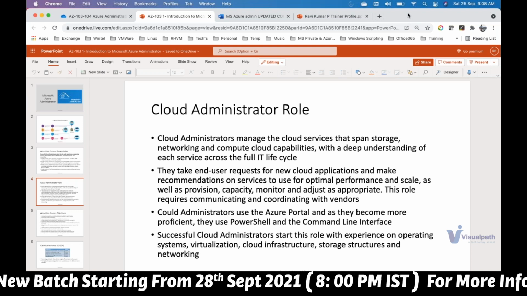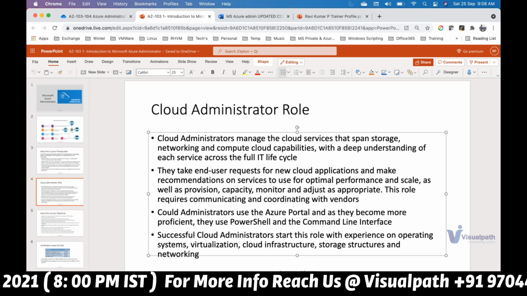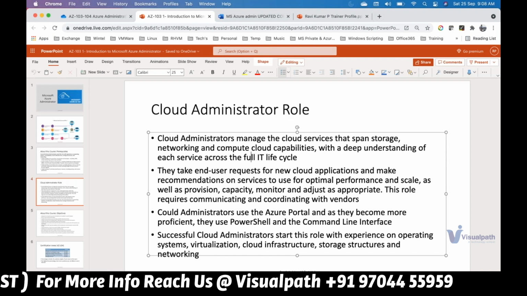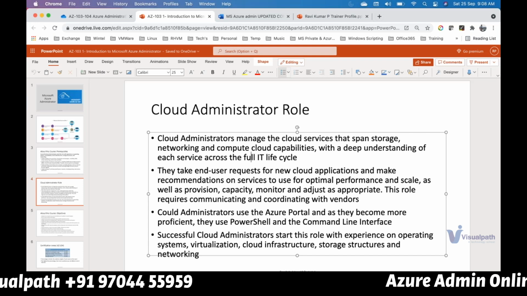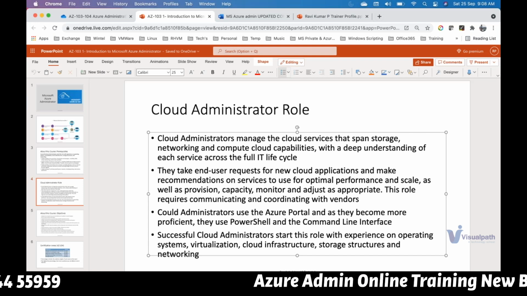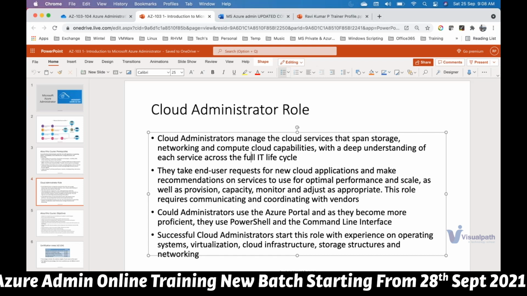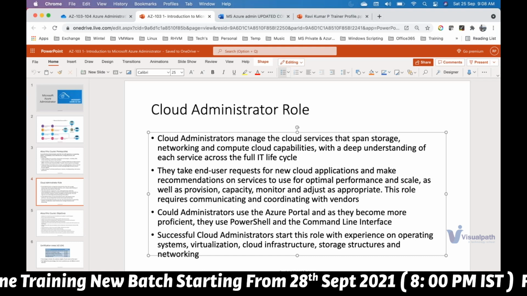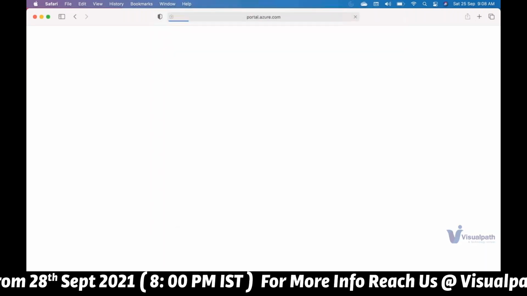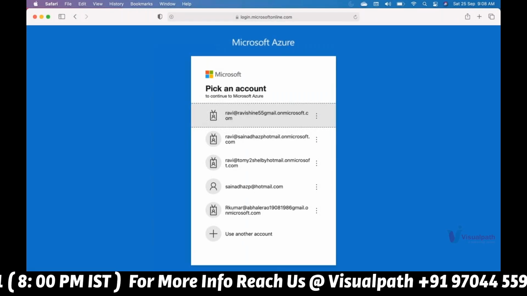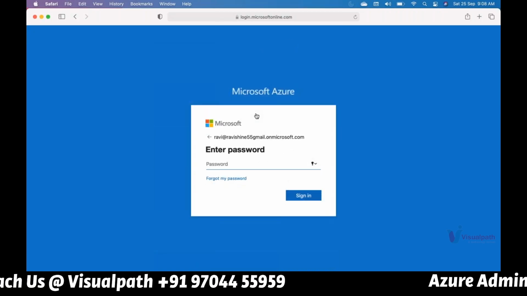All right. So now let's take a simple example. Like I want to host an application. For that, I require a Windows machine. So let's see how we can create it in Azure, and how we can connect to that machine, and how we can administer it. We'll take this as a simple example. So let me log into the Azure portal. The URL is portal.azure.com. We are trying to do this with the UI. So let me log in with my credentials.